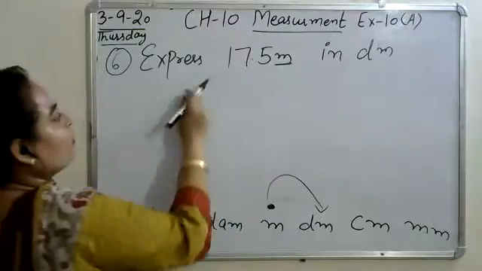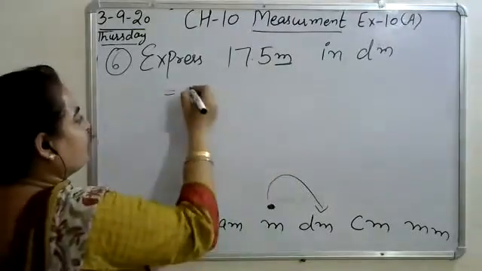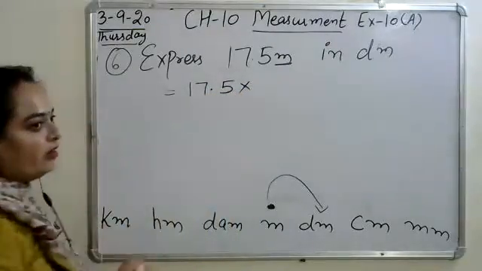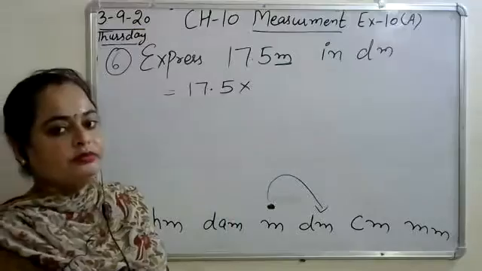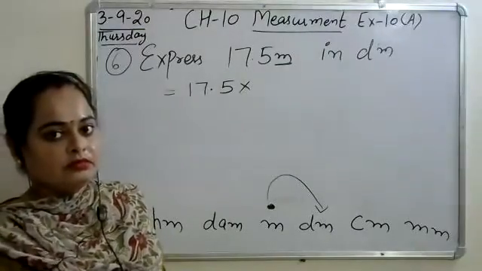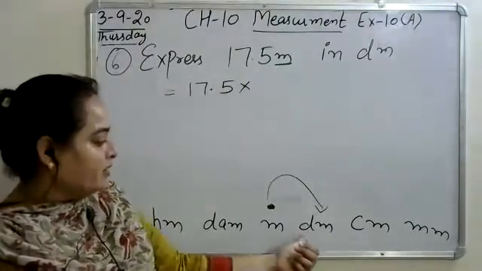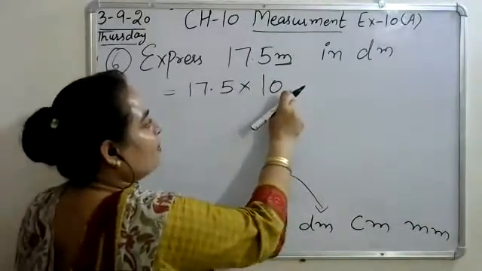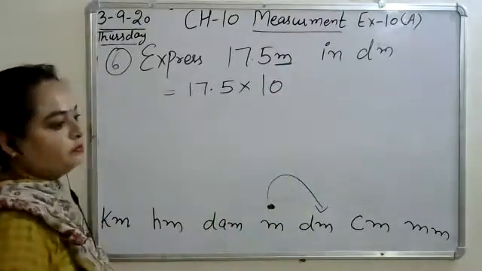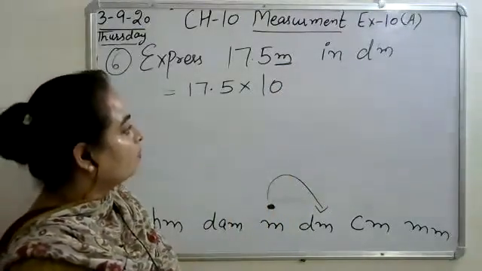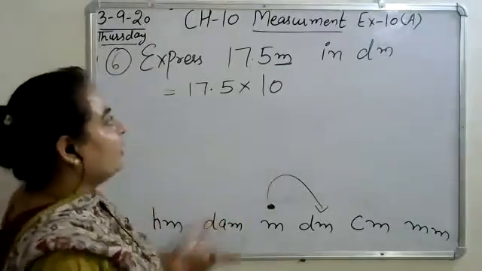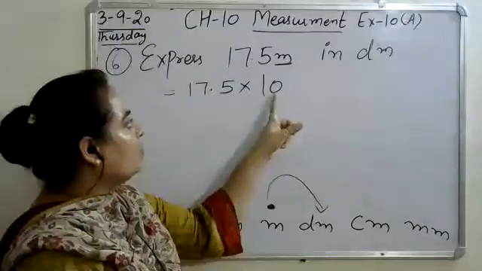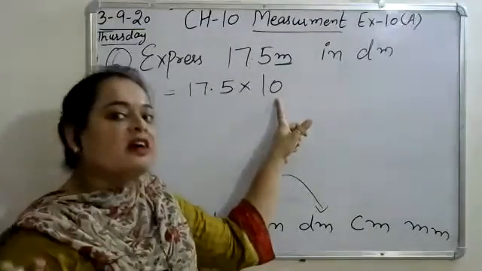Now, will we multiply or divide when the movement is towards the right hand side? Ma'am, we will multiply. You will multiply with what? 10, 100, 1000, what? Ma'am, how many jumps here? Ma'am, 10. Yes, 10. Now you will write here meter or decimeter? Ma'am, meter. Why meter? Sorry, ma'am, decimeter. Multiplication by 10 means we have done our conversion.